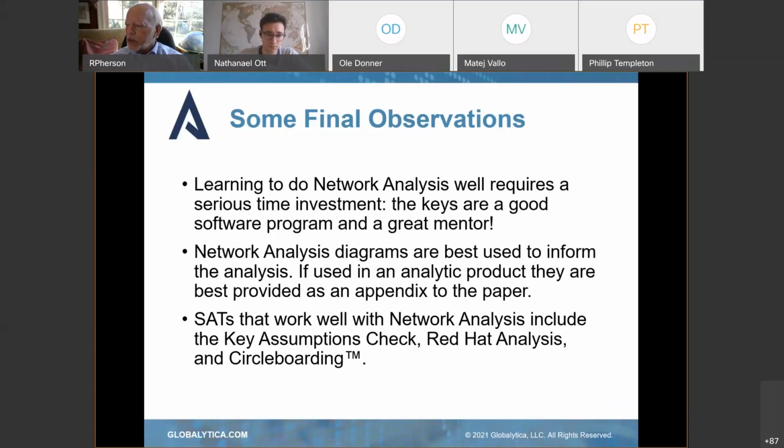Generally, people say, well, if I'm going to use a structured technique like a network analysis, do I put it in the paper? And the question is not if it's going to drive how you've organized the paper. I'm much happier seeing people put it in as an appendix. Say, if you really want to know how I got there, here's the map of what happened. If you're wondering about X, Y, or Z in my analysis, I can go back to the appendix and show you why I came to that conclusion, because this is how I rated the variable, this is how we scored it, this is what we included or excluded, etc. So you can show it's your backup. It's saying this is how I did the analysis and how it informed me.